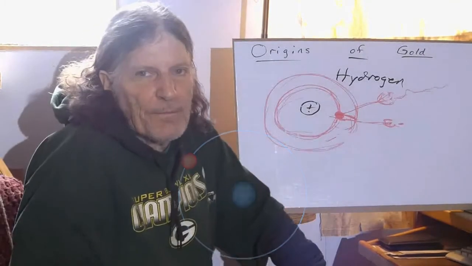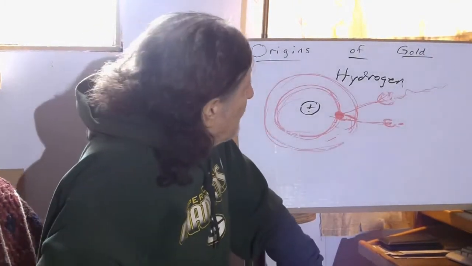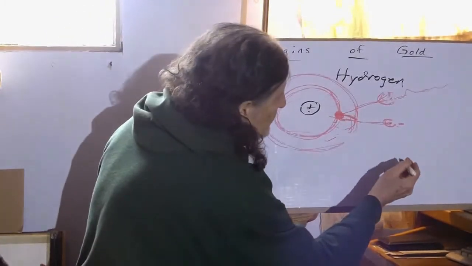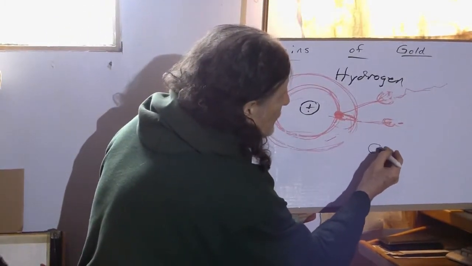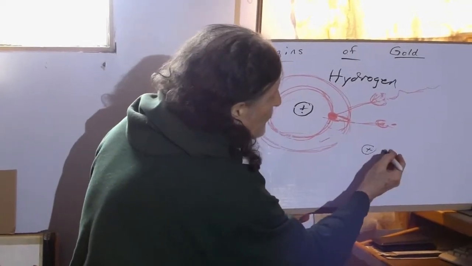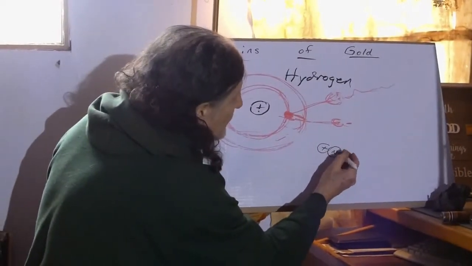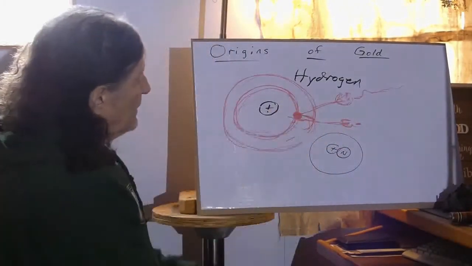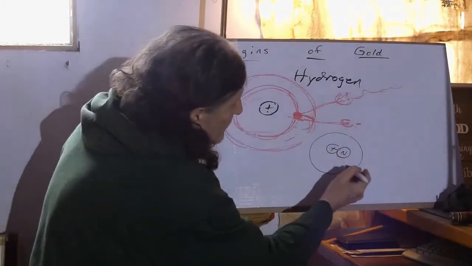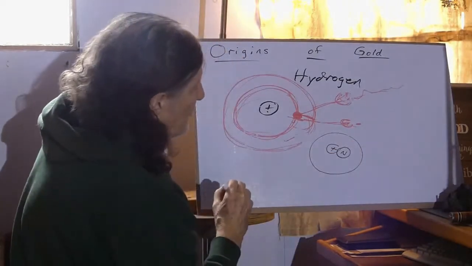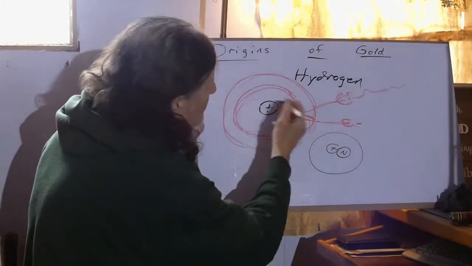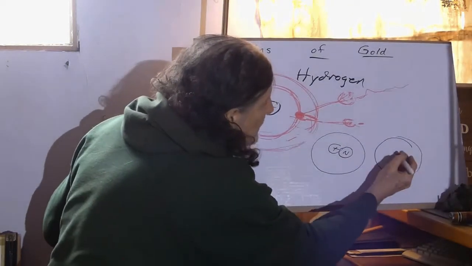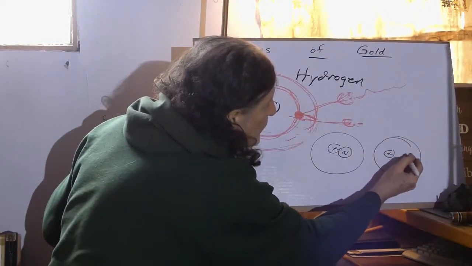It's the hydrogen atom. You have a couple different types of hydrogen. You have another form of hydrogen which has a proton and a neutron, and you have an electron shield around that. You have another isotope of hydrogen which is one proton